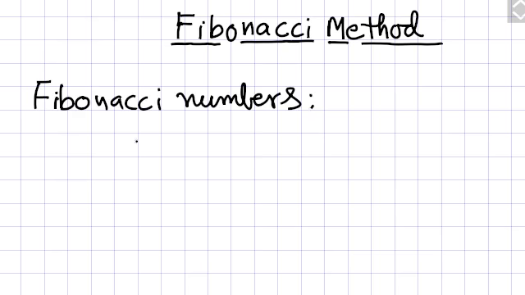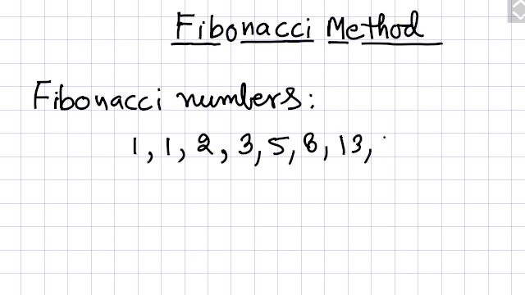These numbers are like this: first you take 1, and the second number is also 1, then you add these two numbers, and you will get 2. Then you add the previous numbers, and you will get 3. The same way you can do 8, 13, 21, and you can guess that it is 34, and after that 55, and then 89, and like this you can go on.